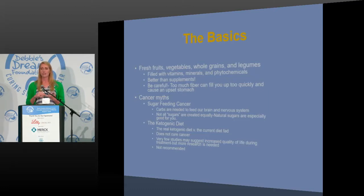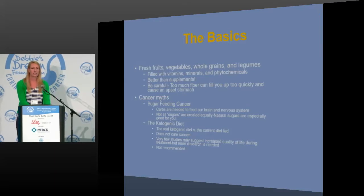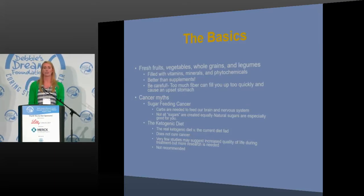However, this is a very, very controlled diet where you are measuring everything out in grams. You can only have a tiny bit of carbohydrates. Like, we're talking, these kids will eat lots and lots of pepperoni slices with heavy cream and cheese and a tablespoon of tomato sauce. Very, very little. Now, your fad ketogenic diet,